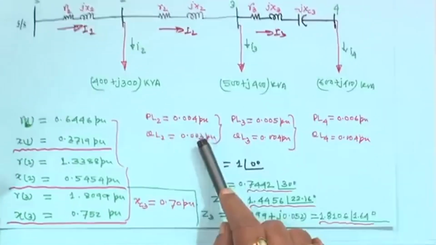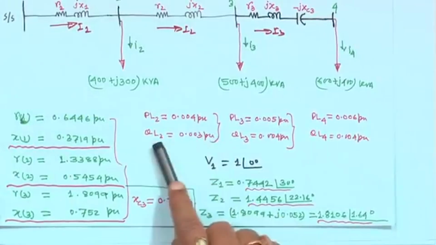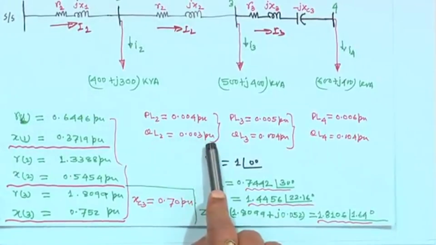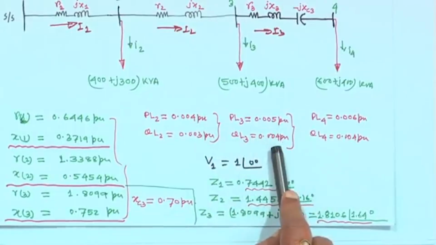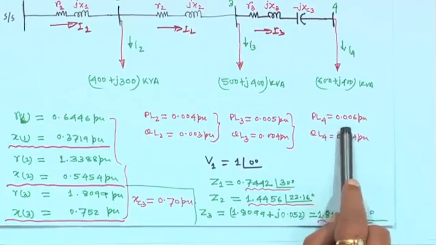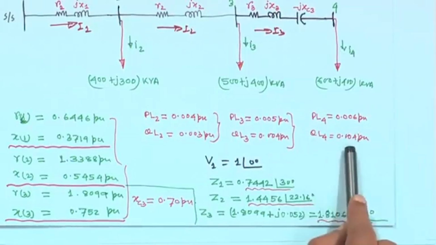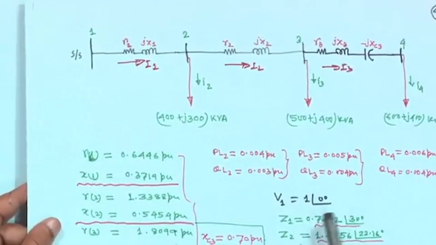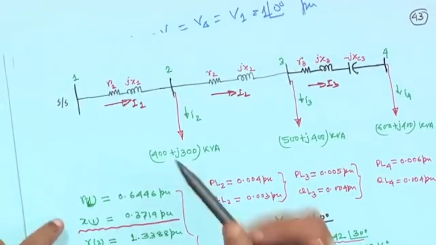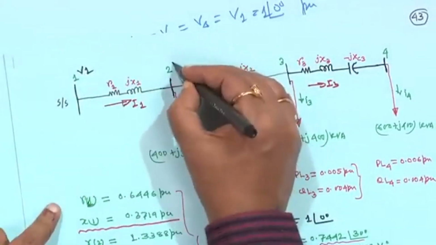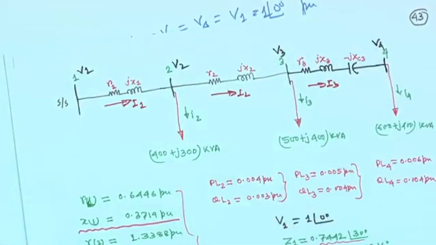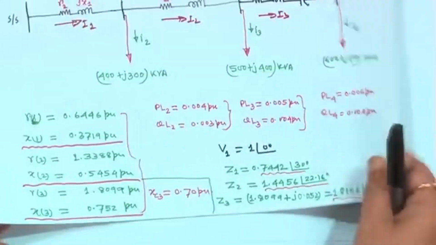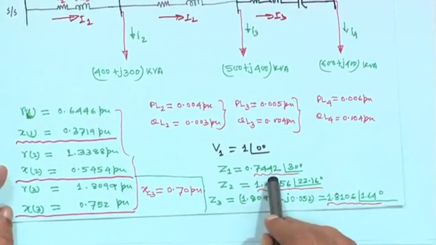In per unit, PL2 is 0.004 pu, QL2 is 0.003 pu, PL3 is 0.005 pu and QL3 is 0.004 pu, and PL4 is 0.006 pu and QL4 is 0.004 pu. The substation voltage V1 is 1 angle 0, and this voltage is V2, this is V3 and this node voltage is V4, right. And Z1, Z2 and Z3, Z1 is the same value